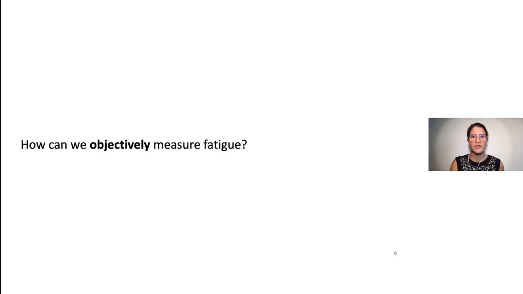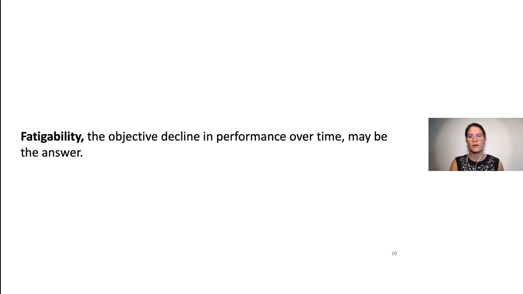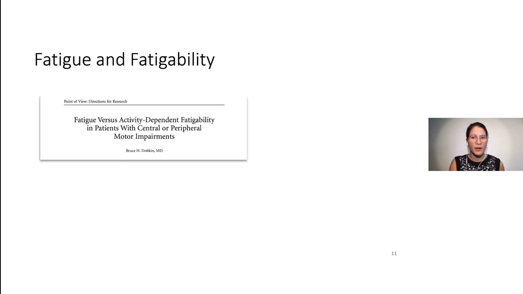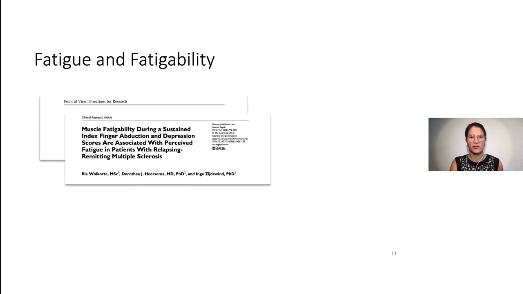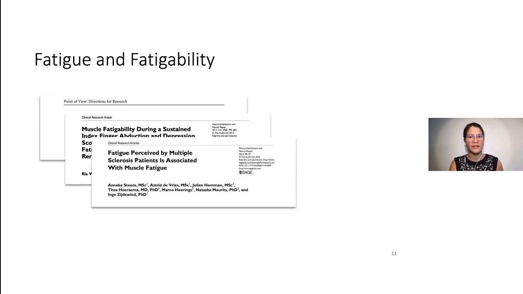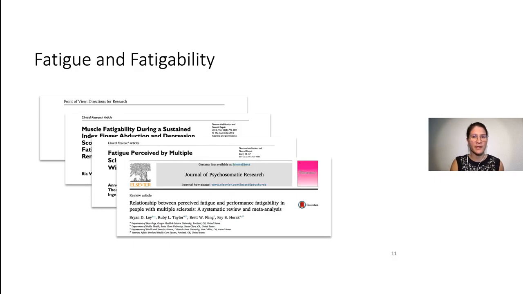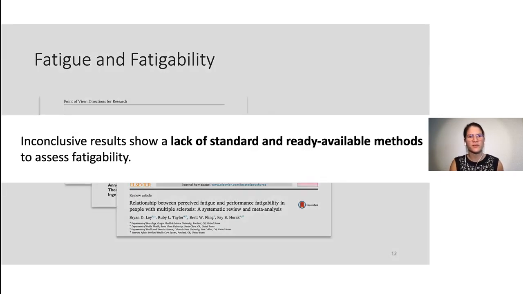So how can we objectively measure fatigue? Fatigability, the objective decline in performance over time, might be the answer. A number of recent articles have shown an association between motor fatigability and subjective fatigue in multiple sclerosis patients. However, there are some inconclusive results, and this is mainly due to the lack of standard and readily available methods to